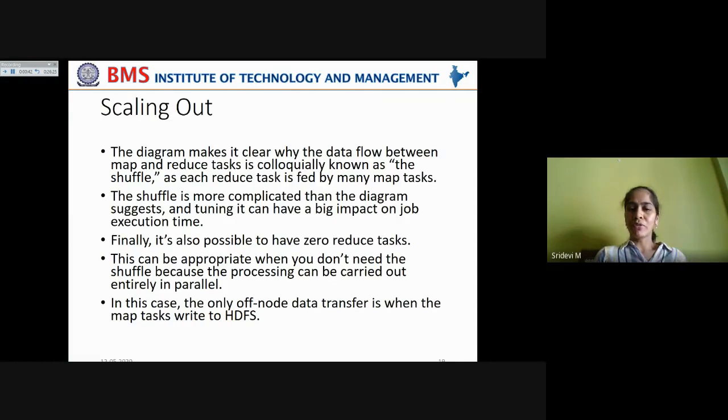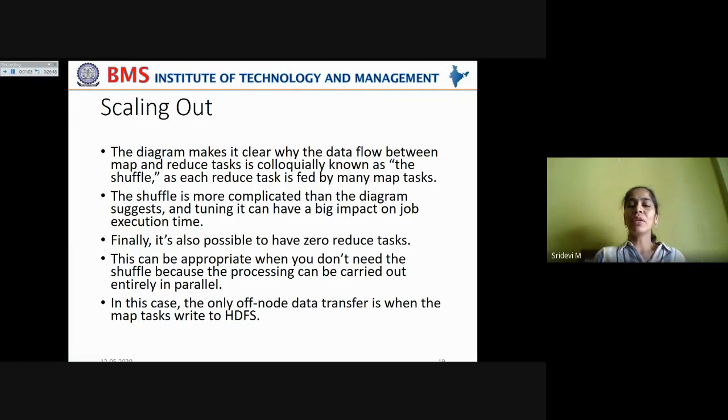Finally, it is also possible to have zero reduce tasks. You can completely omit the reduce tasks. This can be appropriate when you don't need the shuffle, because the processing can be carried out entirely in parallel. Sometimes you don't need to shuffle the key value pairs given by the map task; you just want to run them in parallel without any reduce task.